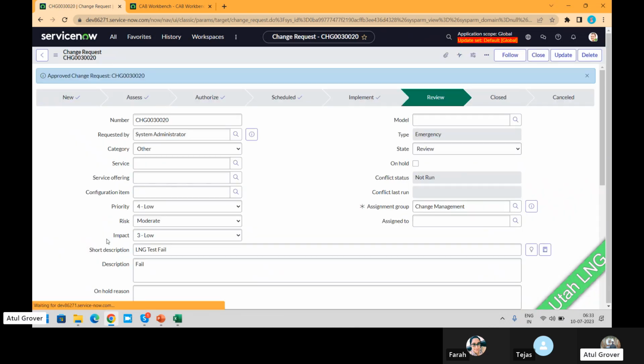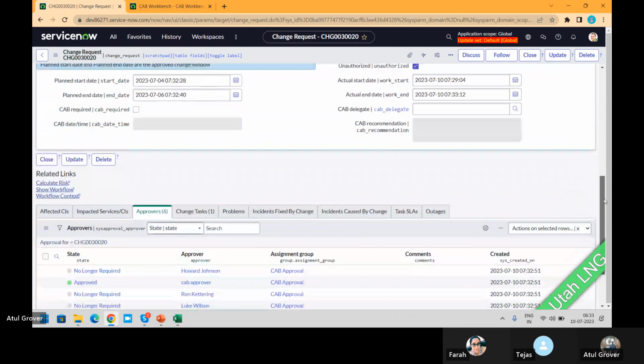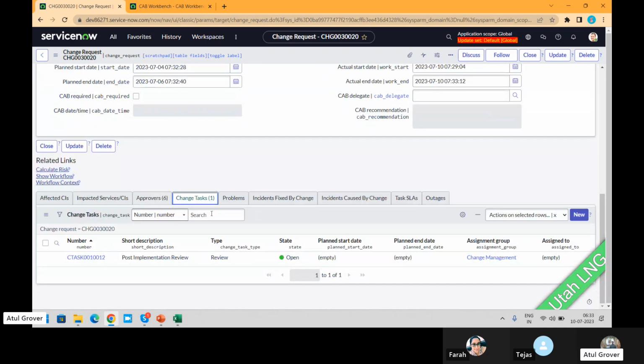Try that part. And now you can see it is in the review state. No implementation, because implementation is all done. And the task has been generated. This is what the PIR task does. As I can understand, the PIR task is generated if